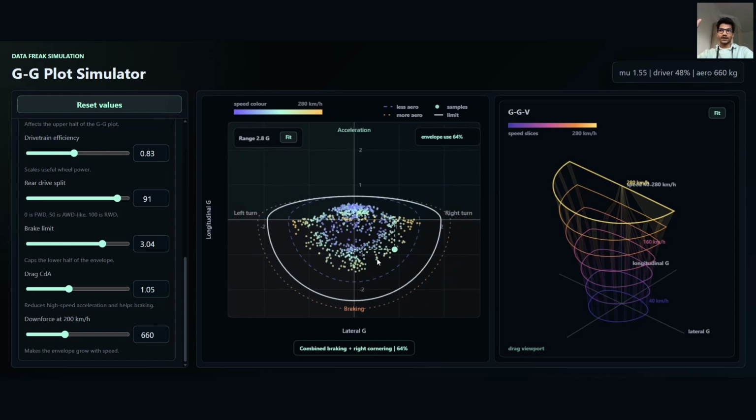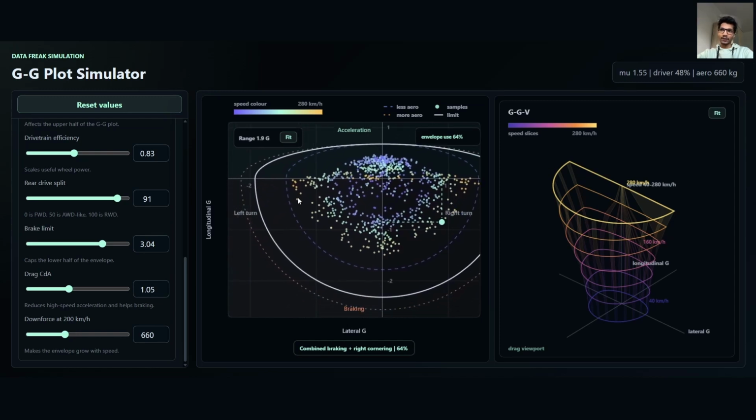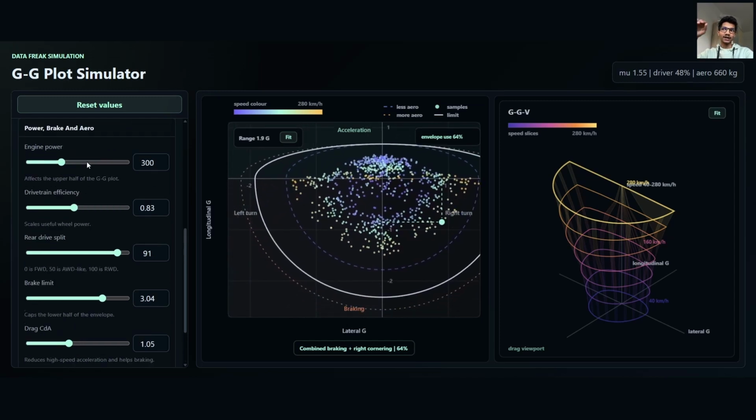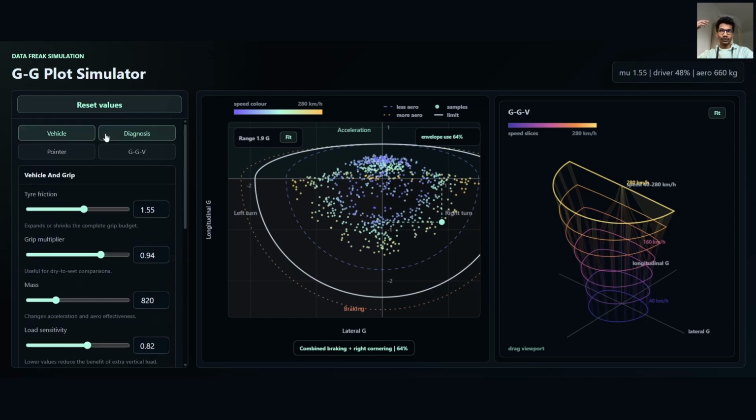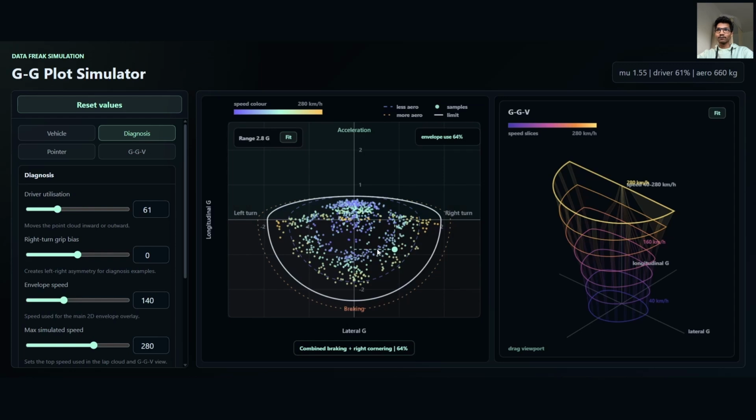Without any speed context, we may compare points that should not be compared. For example, at low speed, the car is mainly limited by mechanical grip, braking, traction, and the driver input. At high speed, the downforce can increase the available grip. So we should not only ask, are the points near the ideal edge of the envelope, but rather, are the points near the correct edge of the envelope, for which there's this 3D plot on the right